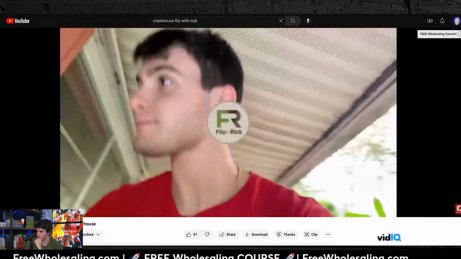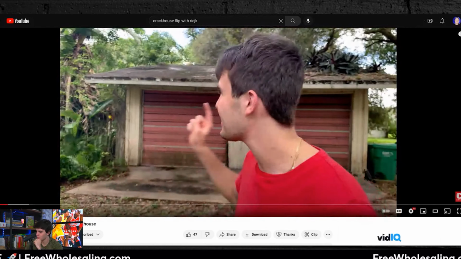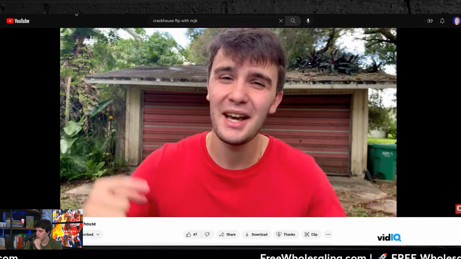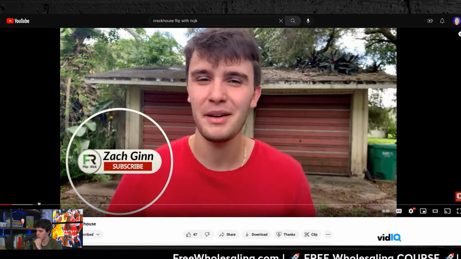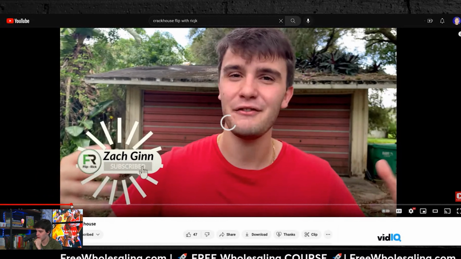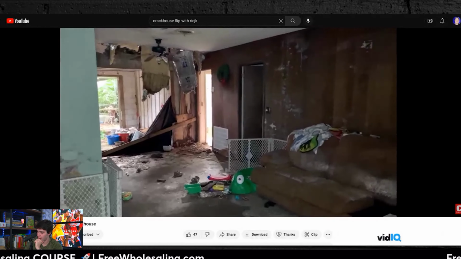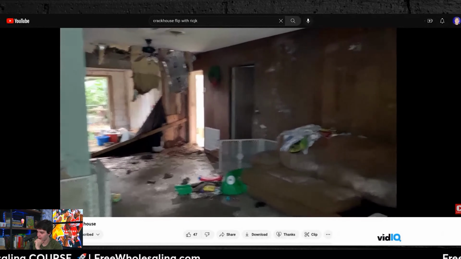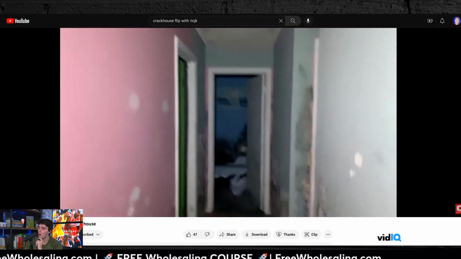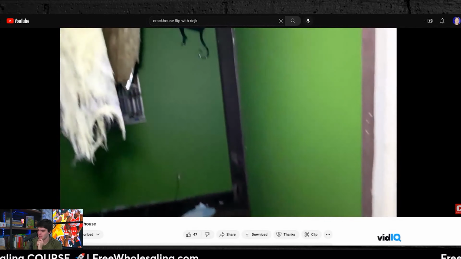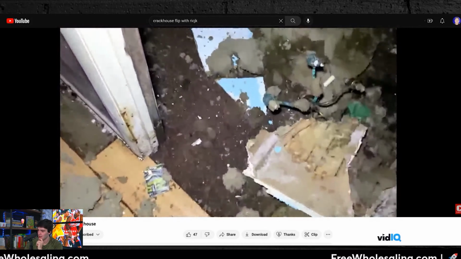Okay, first of all, that's the garage. I hope you see that. That roof's caving in, mold everywhere, overgrowth. This is Florida. You know the vibes here. But let's go here and really look at this. Do you see the inside of this? This is more than a crack house. This is called a Florida house. This is how Florida men live. Do you see? This is heavy. The whole thing needs to get destroyed. Honestly, if this house disappeared tomorrow, I would not mind. This was hands down